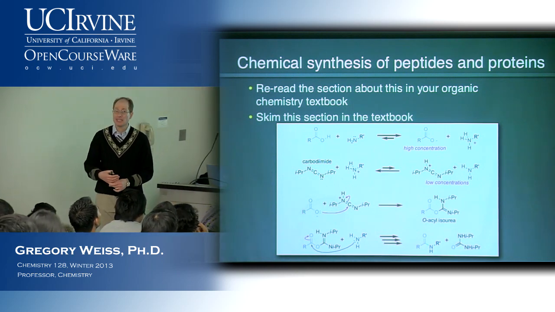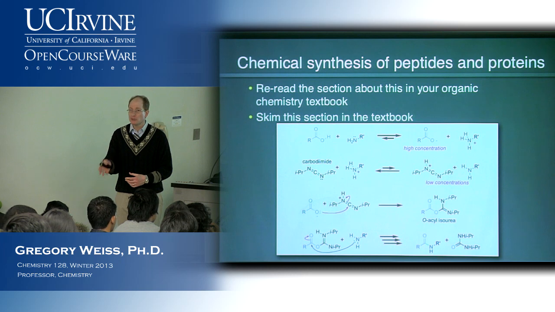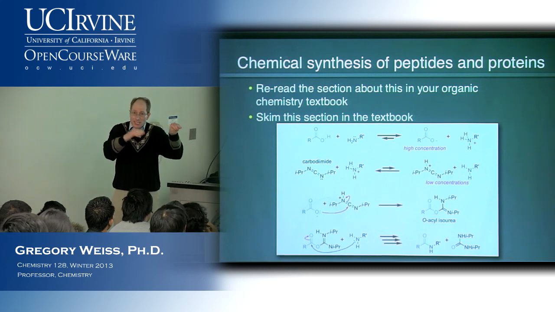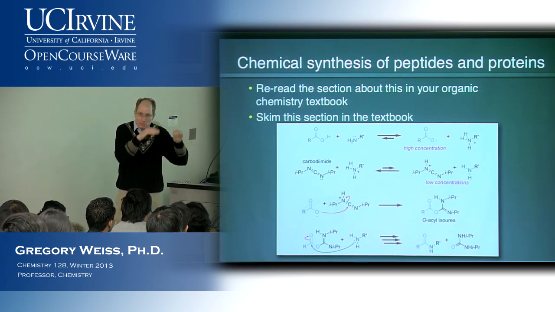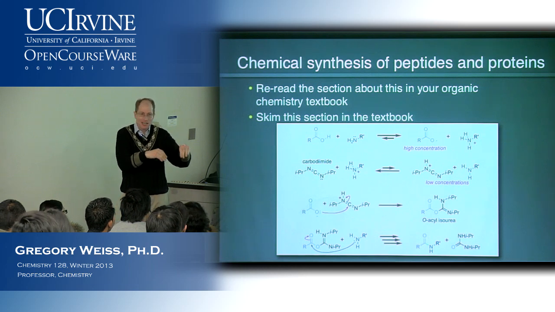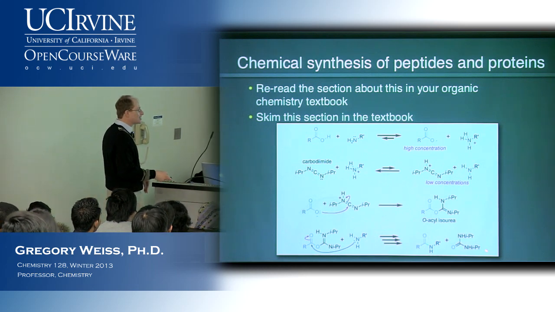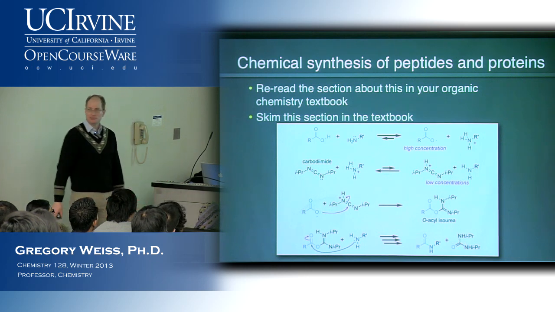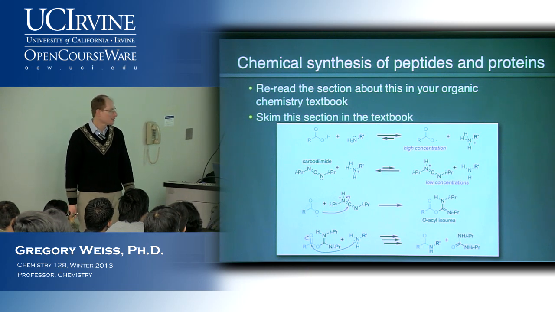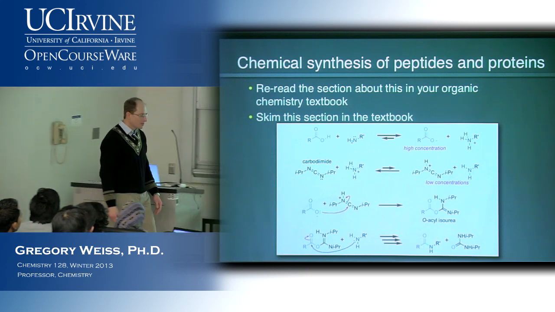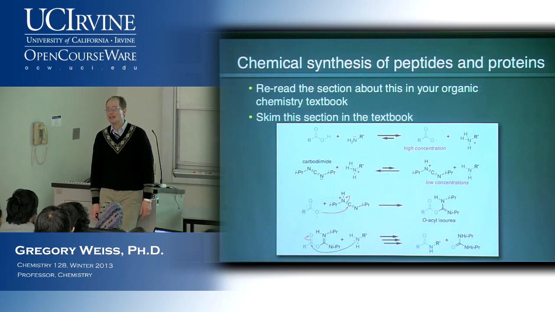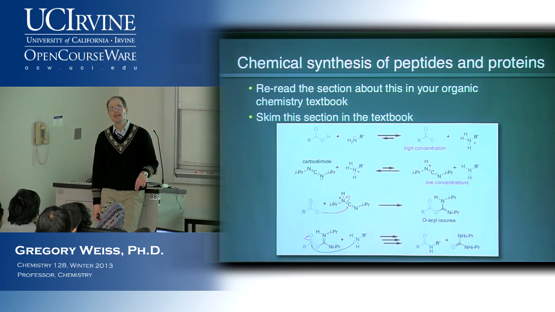Okay, it also helps that in the case of DCC, the urea precipitates out of solution, driving the reaction forward by Le Chatelier's principle. In this case though, this diisopropyl urea is not so insoluble. Oh, and by the way, for the aficionados in the audience, if you're wondering why we're no longer using DCC, oftentimes we switch from the dicyclohexyl to the diisopropyl carbodiimide because chemists spend a lot of time doing these reactions, and believe me, you end up spending a lot of time doing this stuff.